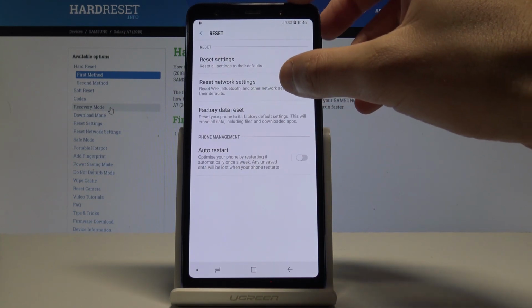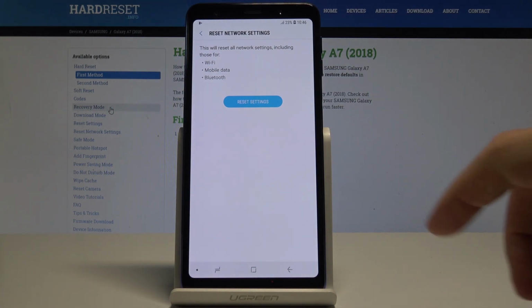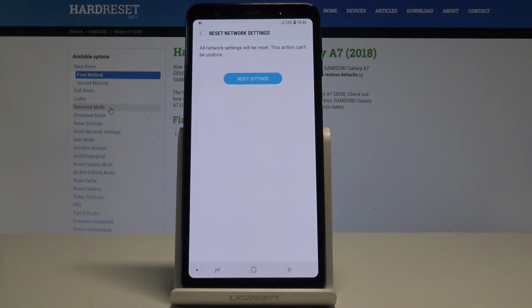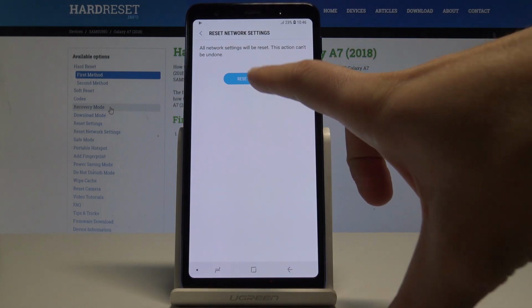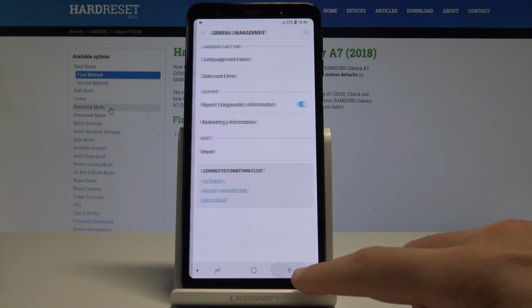the following options let's choose reset network settings. So this will reset all network settings including Wi-Fi, mobile data and Bluetooth. If you are aware of this, let's tap reset settings, and to begin the whole operation let's tap reset settings again. That's it, network settings have been reset, so you can go back and start using your device in a